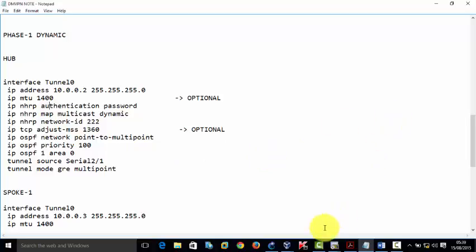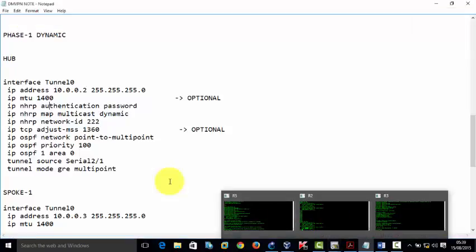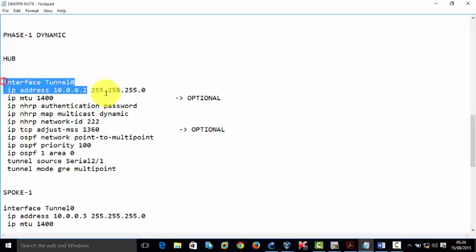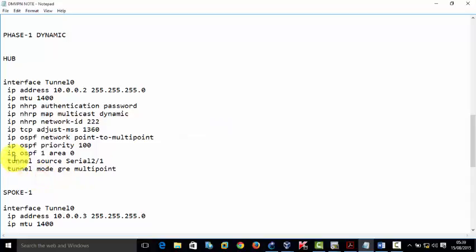So now I will not be configuring it by hand. What I will do is copy it and apply it on the hub side, because you already have the concept. We'll just test it. Now what I will do in here, you see that's the IP address. That is the good command, MTU 1400. This is the optional command, the authentication, very good. And this is a must because we are using a dynamic routing protocol. And this one is a must because it is turning on the NHRP network, it is turning on the NHRP interface. This one is optional, and this one is very good when we are